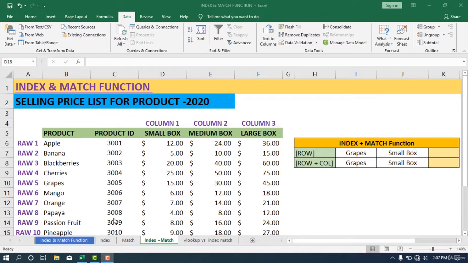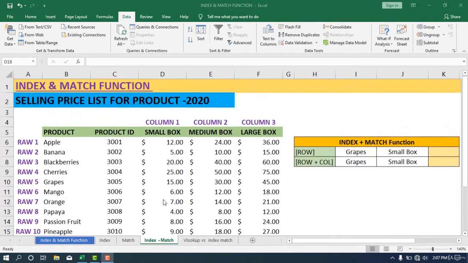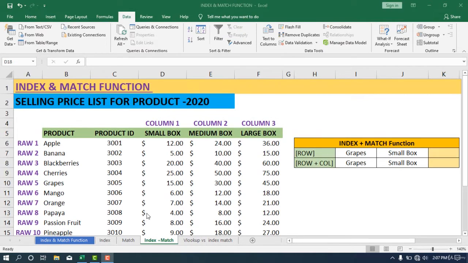Now we are going to look at how we can use the INDEX and MATCH functions together. If you use the INDEX and MATCH functions together, it's a powerful Excel tool to extract or retrieve data from a particular range, right? If you use INDEX separately as well as MATCH separately, we can't get it. But if you use the INDEX and MATCH functions together in Excel, we can retrieve the data in a